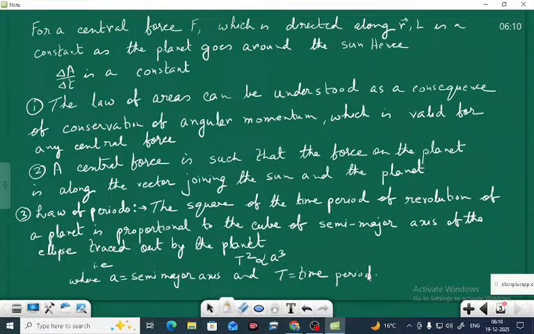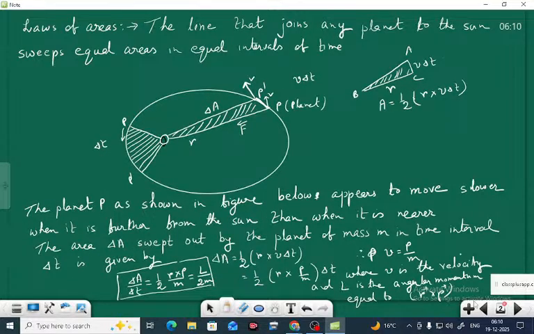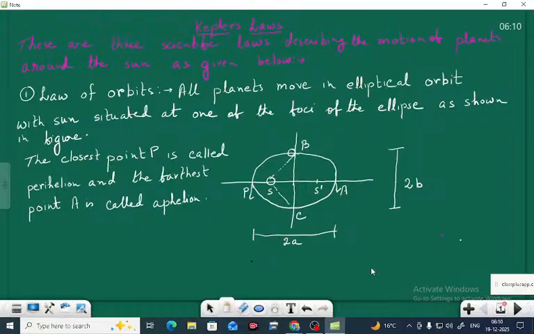These are the various laws we have learned here, that is, the law of periods. And what we find here once again is that the first one is known as the law of orbits. In the law of orbits, all planets move in elliptical orbit with the sun situated at one of the foci of the ellipse, as shown in